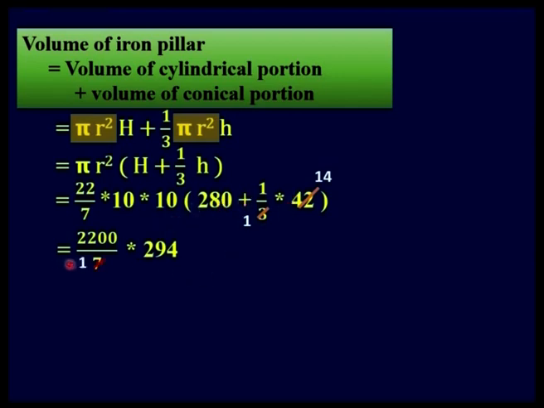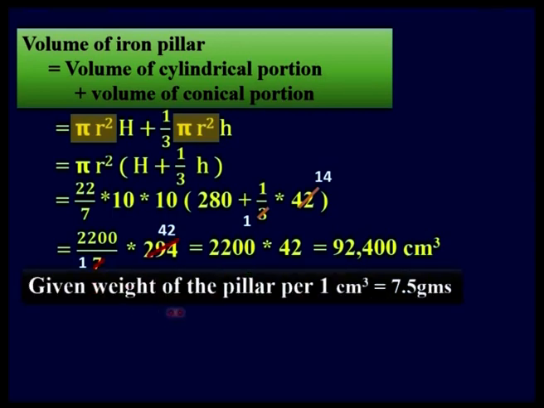Now see the cancellation once again, 7 1s are 7, 42s. Now children, multiply here the 2200 with the 42 and the answer is 92,400 centimeter cube, the complete volume of the iron pillar. Now what we have to find out? Weight of the iron pillar we have to find out, but it is given the weight of the iron pillar